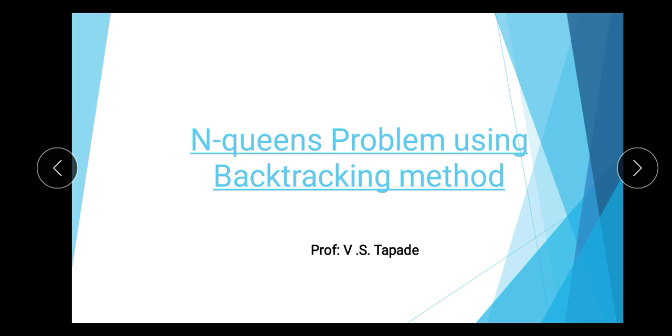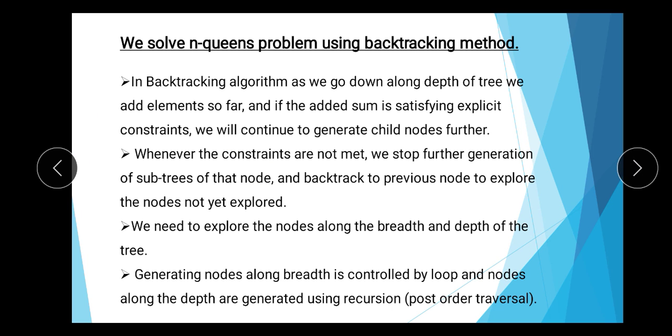Hello everyone. Today we will discuss the N Queen problem using the backtracking method. As we know how the backtracking method works, in order to solve any problem with multiple choices, or you can say multiple options, in the backtracking method we solve that problem by considering the first option and try to check whether there is any chance to find the solution.